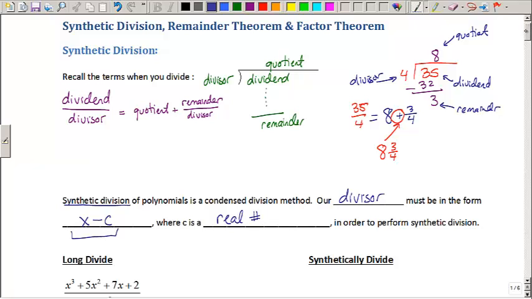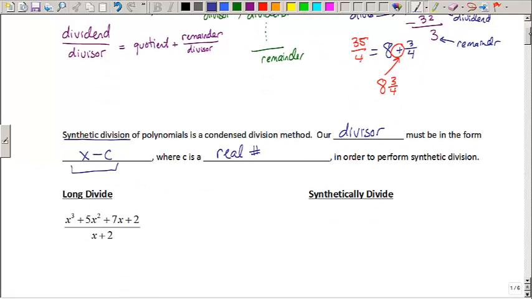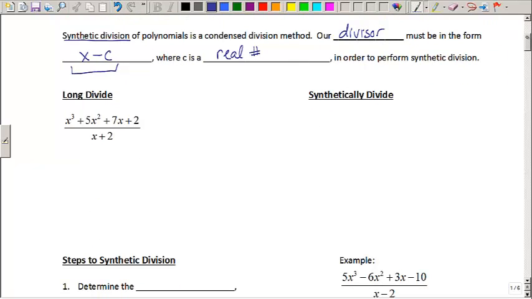In today's lesson, we're basically just learning how to use synthetic division and learning about 2 more theorems. We're going to take this information and apply it in our next section. Let's just look at one long divide problem and show you how the synthetic division will be a little bit easier. So let's say I'm having